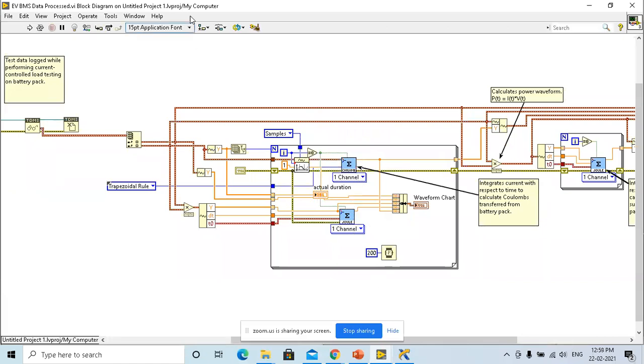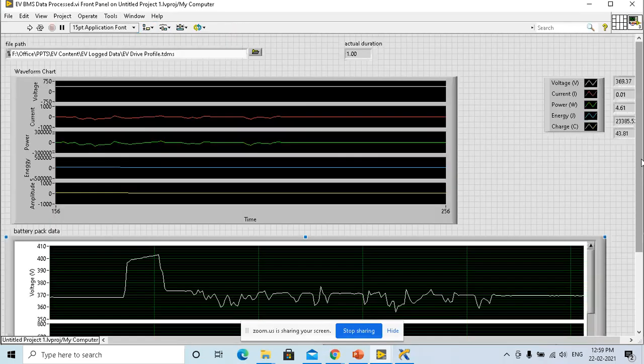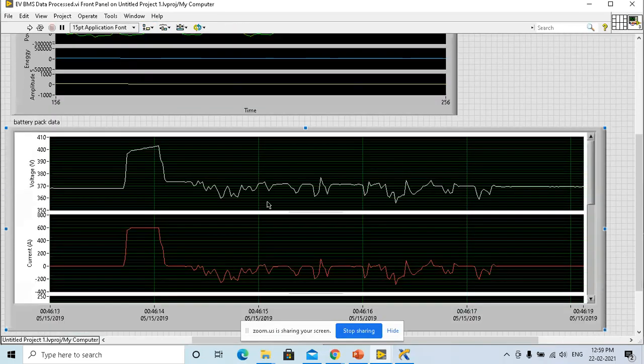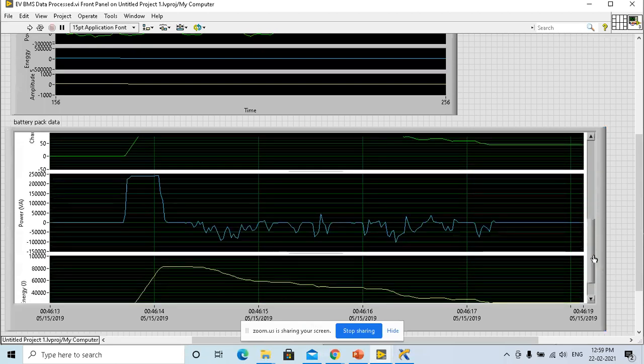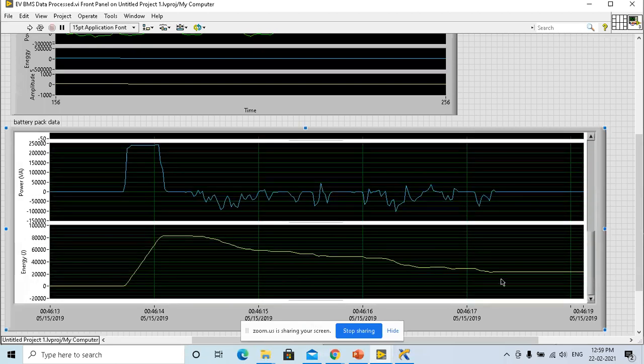For the power, everything will be available. So here is the final data being plotted, the drive profile, and the total energy consumed slowly at the end, and after the stop it reaches this location.